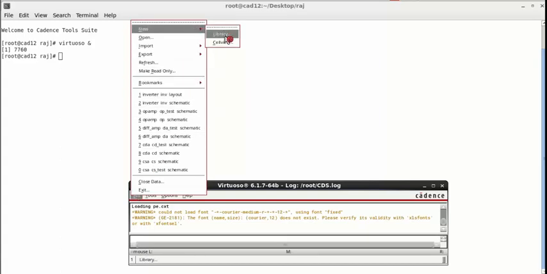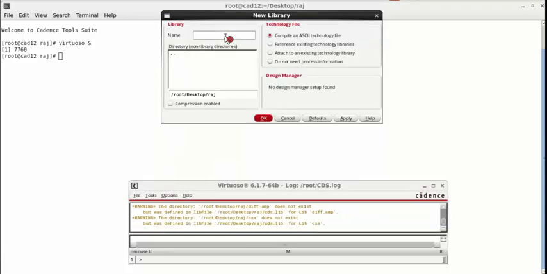Now here we are going to create a new library in the same folder Raj. I am going to create it for common source, so the library name will be com_source. Then, attach to an existing technology library.